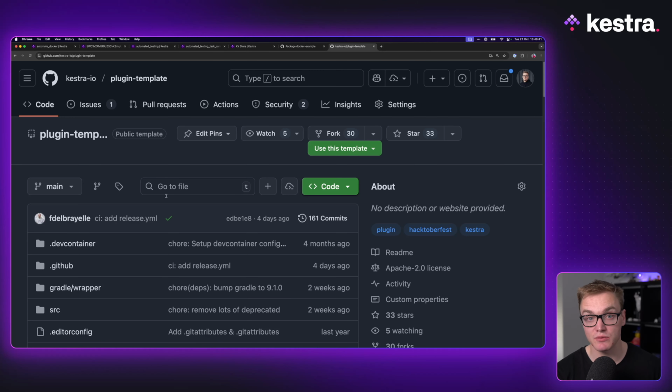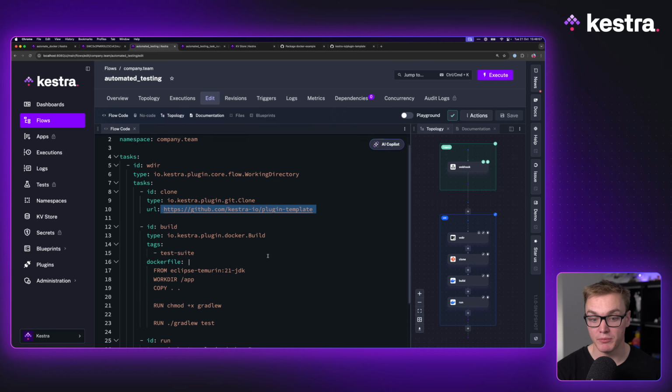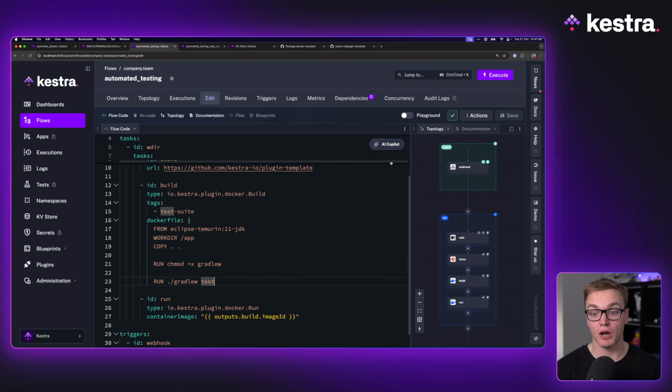So we've got a full test suite running, and we've got a template repository here that luckily these tests are quite simple and don't require loads of credentials, so I'm going to use that for my example today. Now, what I can do here is now I can clone that repository rather than cloning what we were before. Last time I was using the Docker file cloned from GitHub, but because we don't actually have a Docker file,